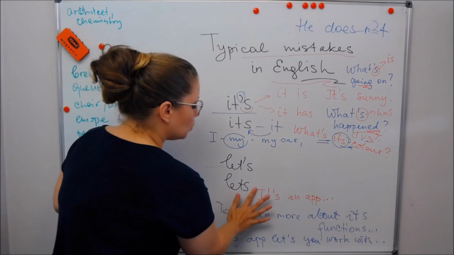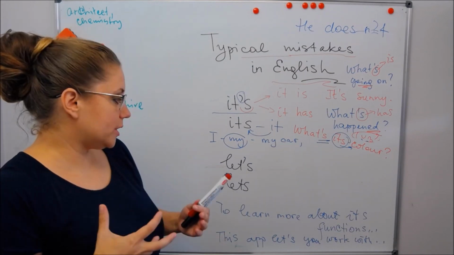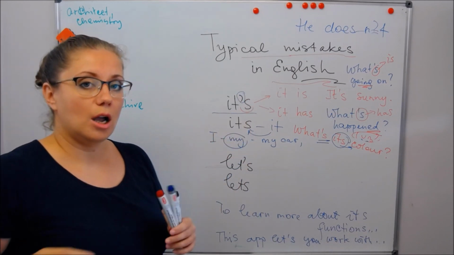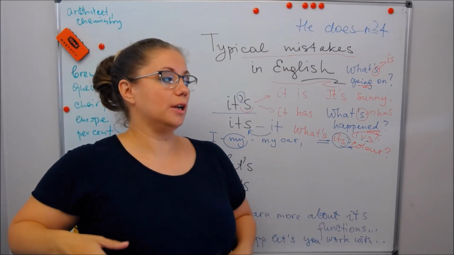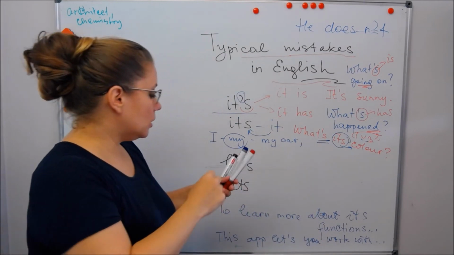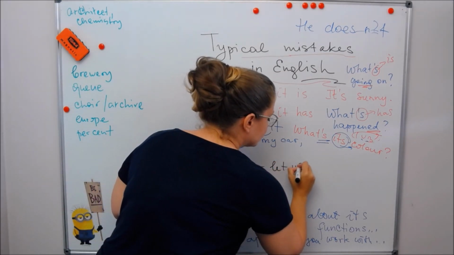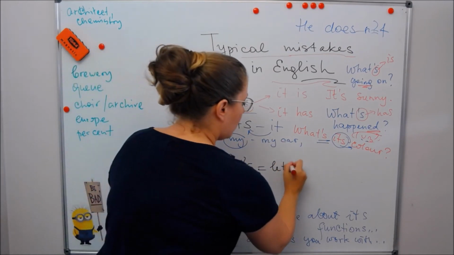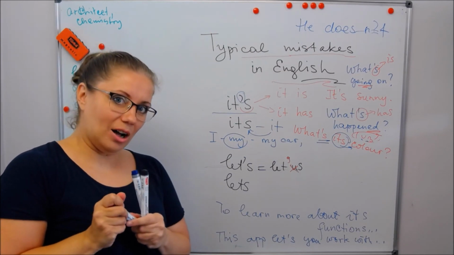And in a similar way, we have this verb let, which uses the functional phrase let us. When you suggest somebody to do something, for example, let's go to the theater, let's go to the cinema, let's have pizza for dinner tonight. You mean let us. And when you don't pronounce this, it is covered with the apostrophe when it is let us.